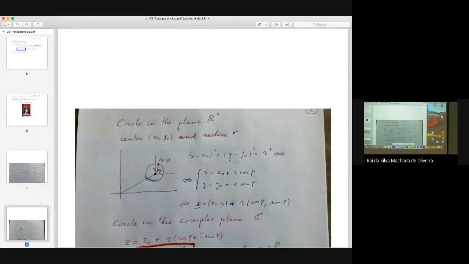So this vector will be a complex number, the center will be a complex number, and r will be the radius of the circle, and instead of putting a vector, we have cosine phi plus i sine phi. And I don't know why in the office things were well and now are not well. No, maybe it's not possible.